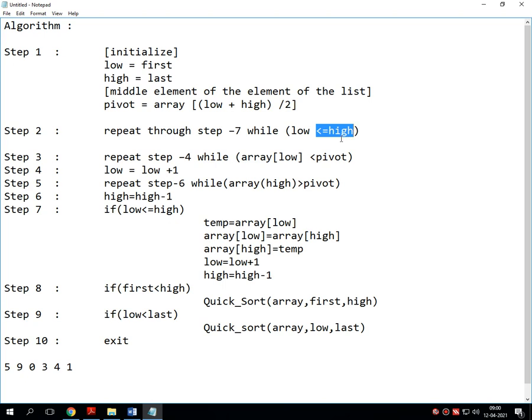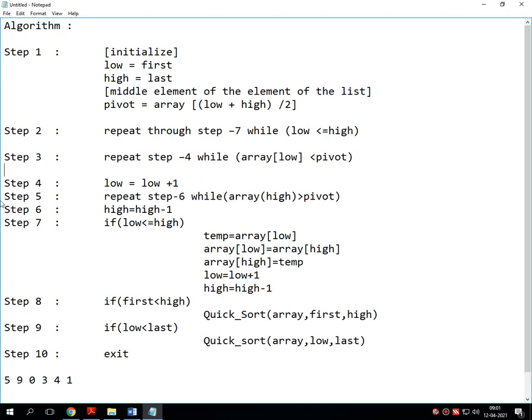That means step number 2 will check the lowest value from the entire list and compare all the values with the other elements of the array, and check whether that element is high or not. If it is less than the next element, the loop repeats till the last value, otherwise the loop gets terminated.